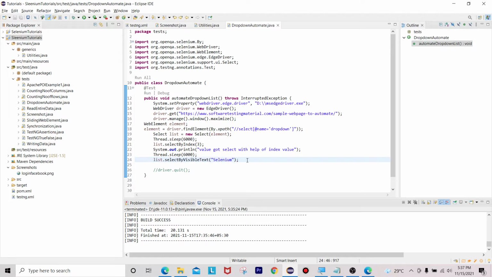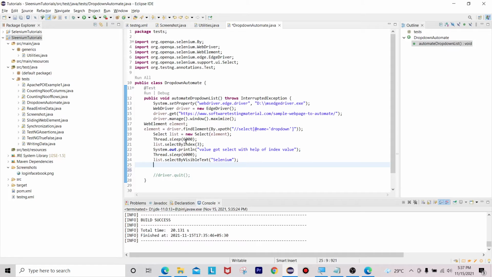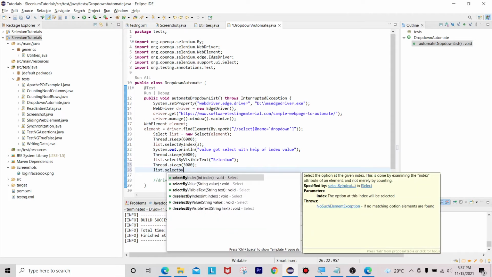After that I am going to select by value. Here, with select by value, I am going to select with a thread dot sleep of 3 seconds, then list dot select by value.